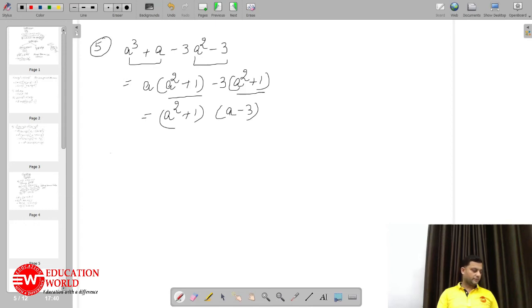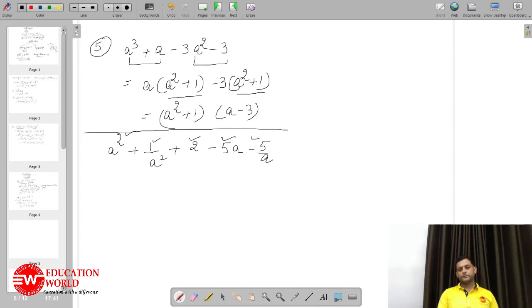Like there, this one a square. Here we should know what formula will be there. Now see how many terms are there. 1, 2, 3, 4, 5. So 5 terms are there. Pairing is not possible because pairing is of 2, 2. It means, if I see here, there is some kind of 5 common. It means this is the formula.